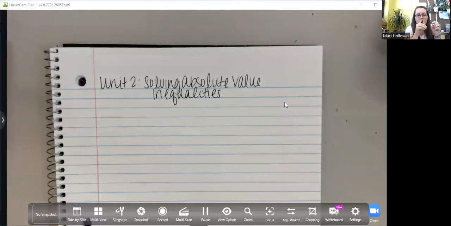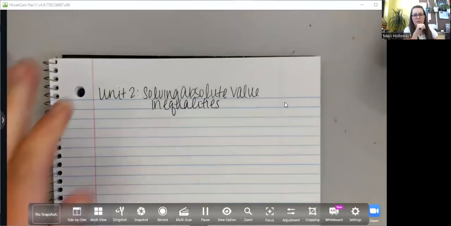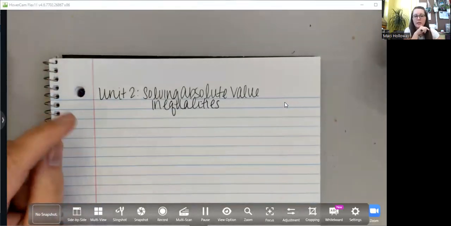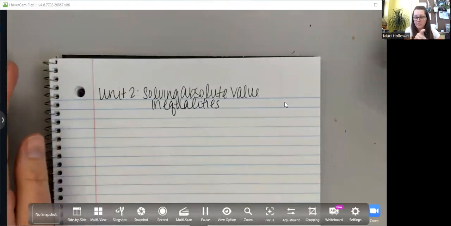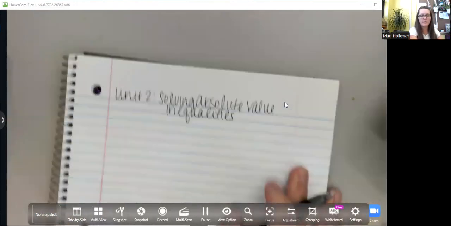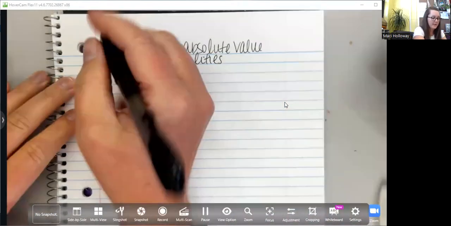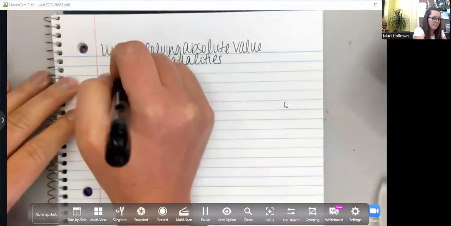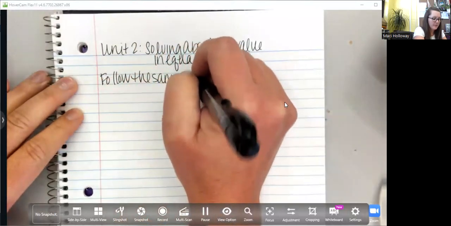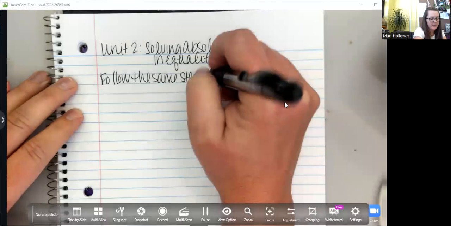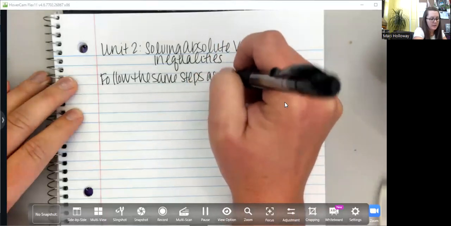All right, so we are going to be learning about the last item of our Unit 2, absolute values, and we're going to be solving absolute value inequalities. So let me tell you this first key tip for solving absolute value inequalities: you're going to follow the same steps as equations,